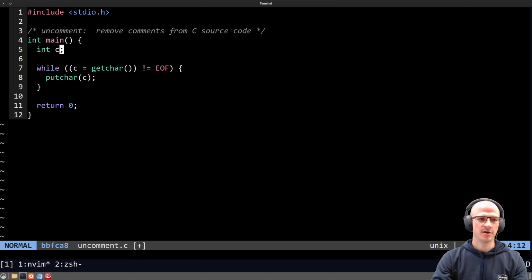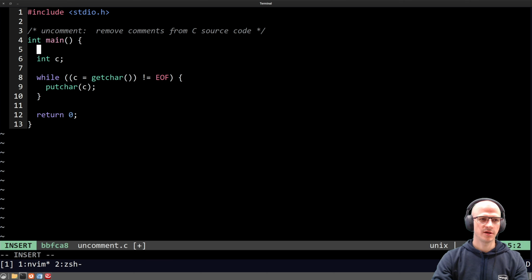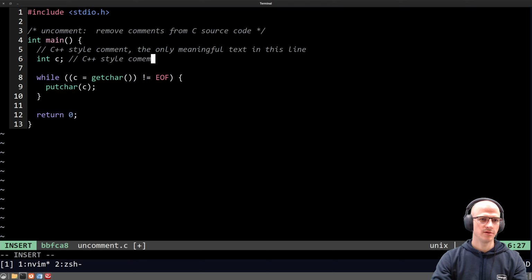So here we're going to use a C++ style comment. The only meaningful text in this line. This is a C++ style comment after code in line, and then we also